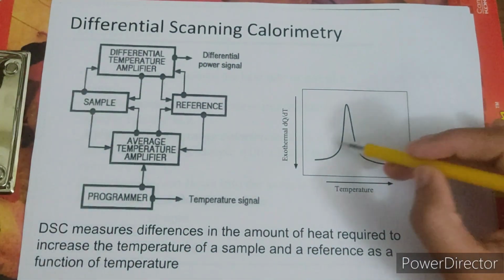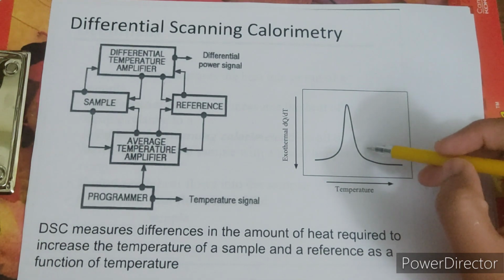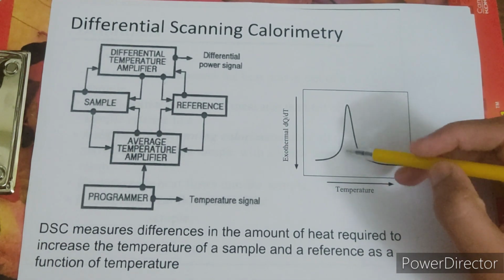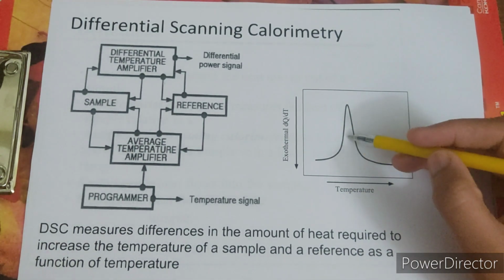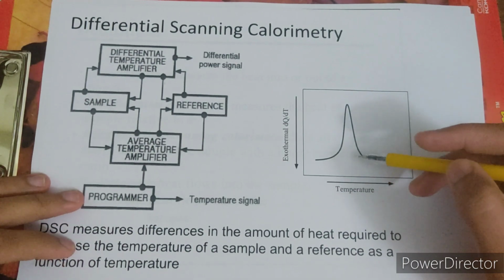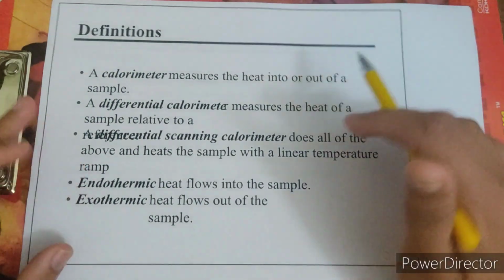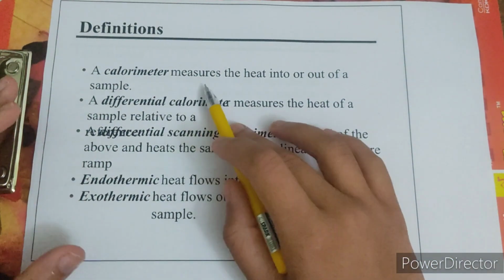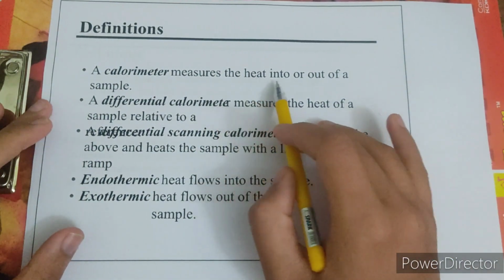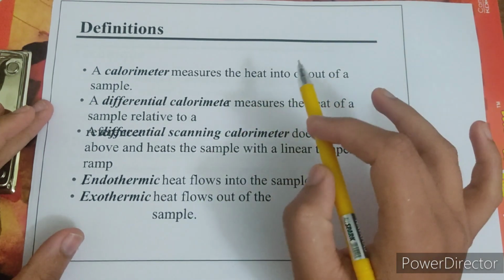So if you have an exothermic process, you will get a peak this way, whereas if it is endothermic, it will be exactly reverse, with the peak below the baseline. So okay, first I'll go with the definition. What is calorimetry? Calorimetry is an instrument that you use to measure heat going out or coming into the substance,